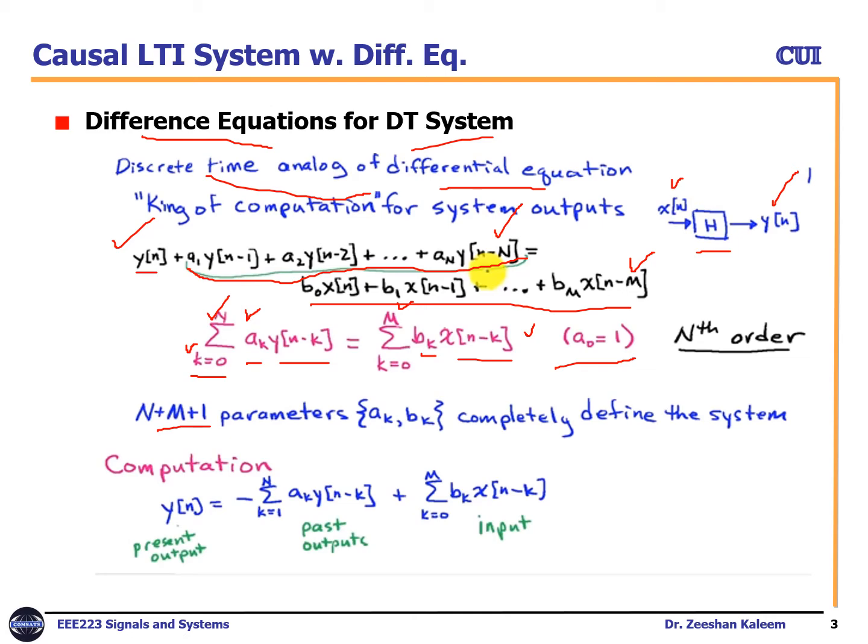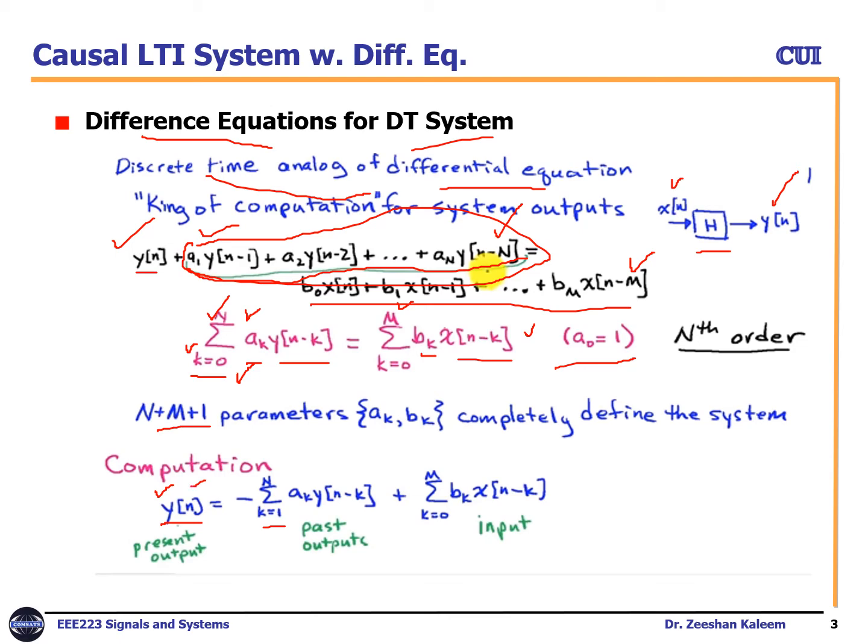These completely define the system. So computation, as you know, for any system we need to find the output, which is y[n] here. Previously we found the output for the continuous case, which was y(t). Here we are focusing on the discrete time system. So to find the output, we will rearrange the equation. So y[n], if we separate y[n], look at this equation, all these terms will become negative on the other side. So if we sum them in this way, we change the index to k equals 1 instead of k equals 0 here,